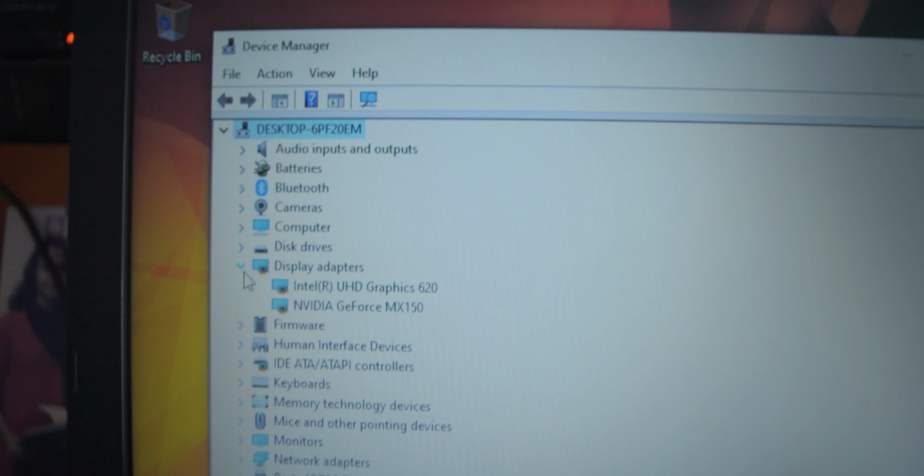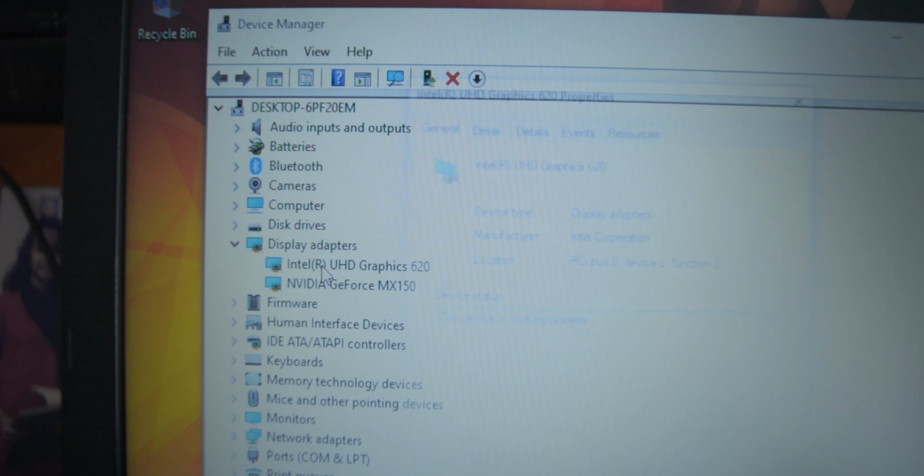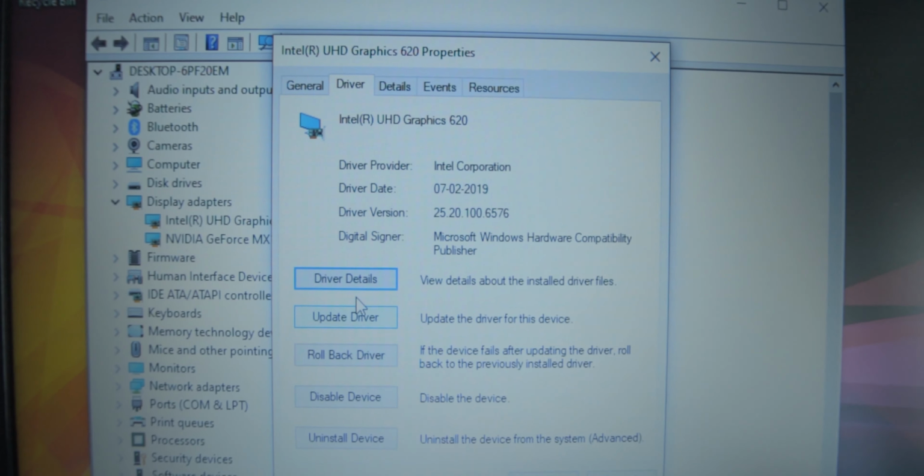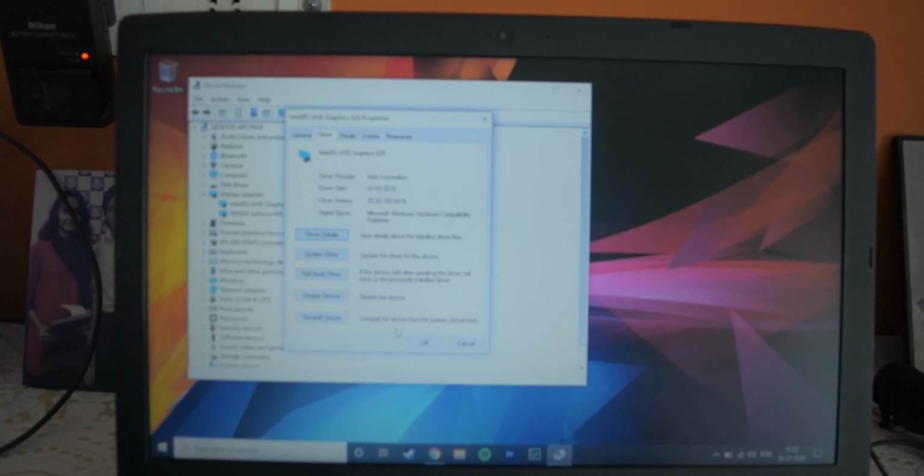So now in Device Manager, go to display adapters, and then Intel UHD Graphics, go to driver, and I already updated my driver. So you click update driver, you have to wait for some time, it will install the whole thing again, and you would have updated your Intel graphics driver. So that's all you really have to do for Premiere Pro. And once you've updated your Intel graphics drivers, your GPU drivers and everything, that should work.